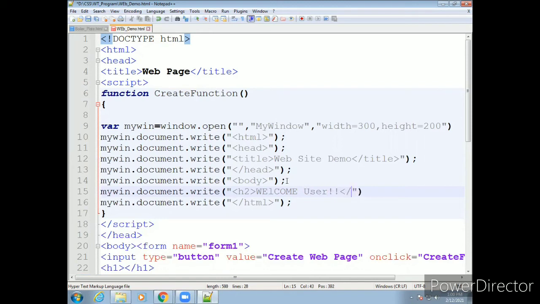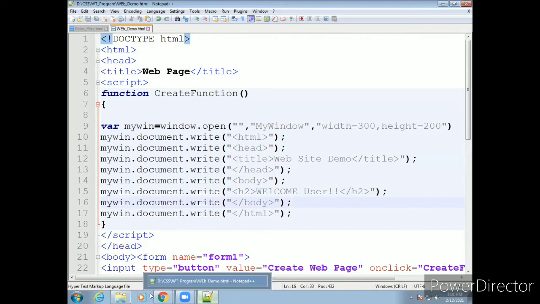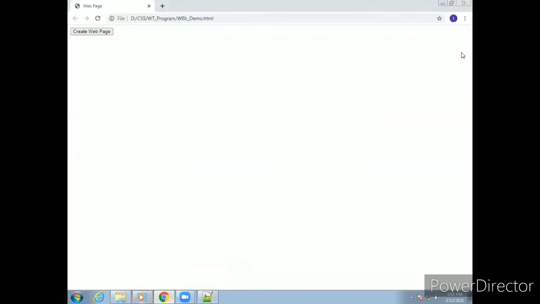And let's close this tag first. The H2 tag we closed here, correct? But we never closed our body tag. So first close this body tag. Just copy this code first. Okay, and double quotation. We close our body tag and complete this section also. So let's save this first. Let's see what we get. Let's close this and here we go.